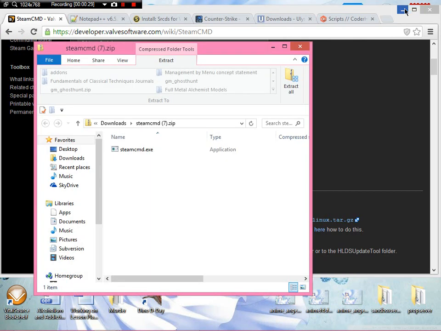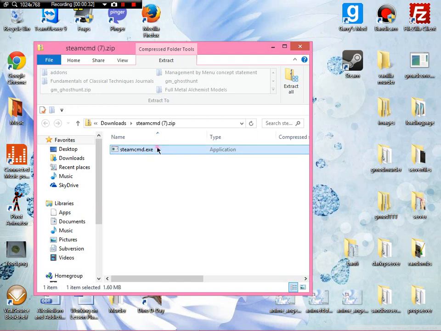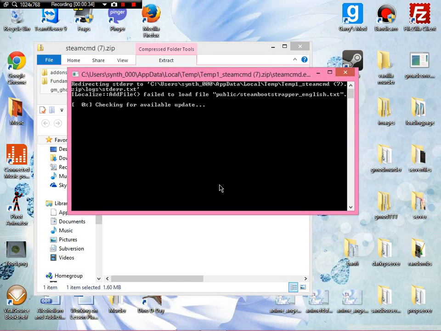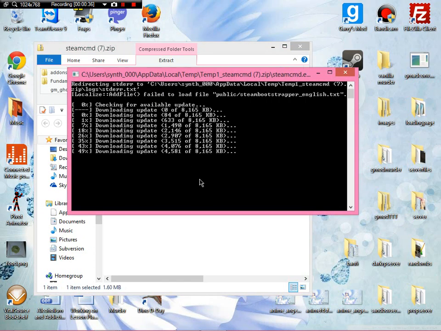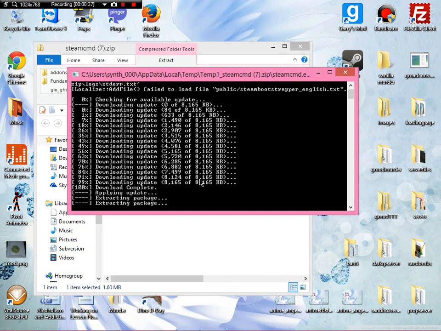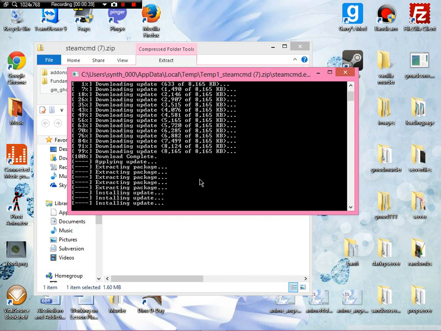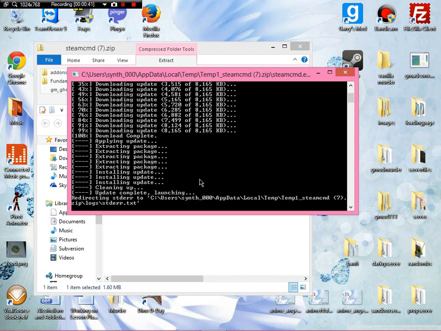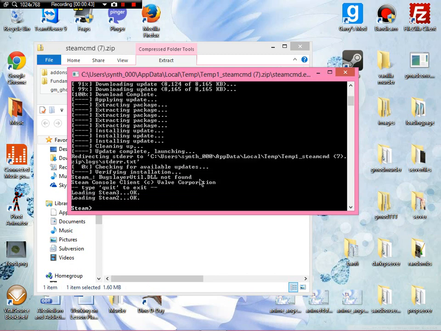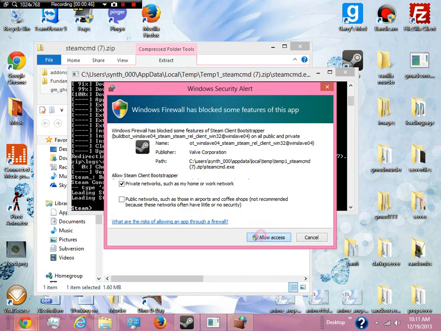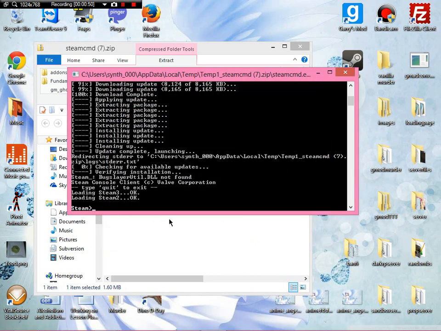Go ahead and open it up. Double click it. You don't have to extract it anywhere. Just go ahead and open it. It will download any updates and extract and install. Afterwards, you want to type login anonymous